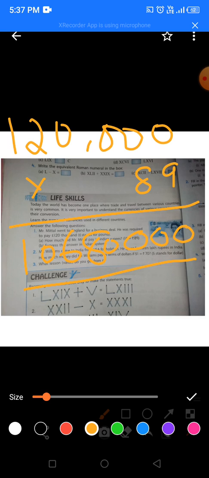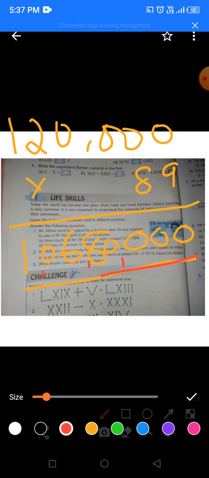Now see the next question. Express the answer in Indian system. So you know the comma pattern in Indian system. That is 3, 2, 2. Yes. So he paid 1 crore, 6 lakhs and 80,000.